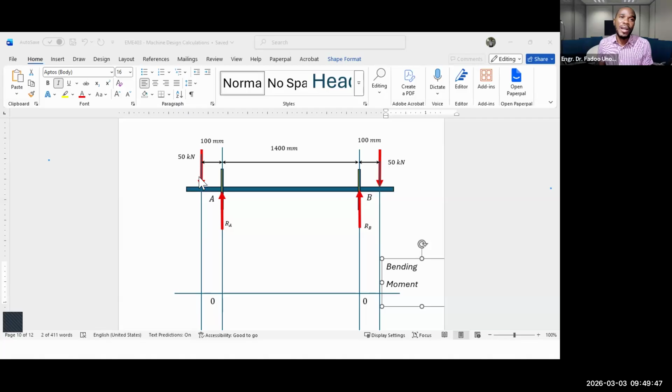So again, at this critical point here, the leftmost 50 kilonewton, right? If you look at its left-hand side, there is no force. If you look at the right-hand side, there are 3 forces. I'd rather work with the left-hand side because I know that there is 0. And so